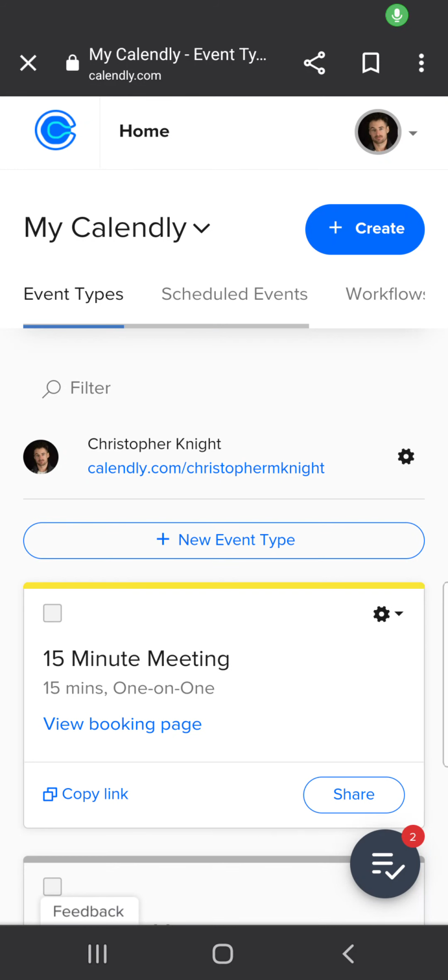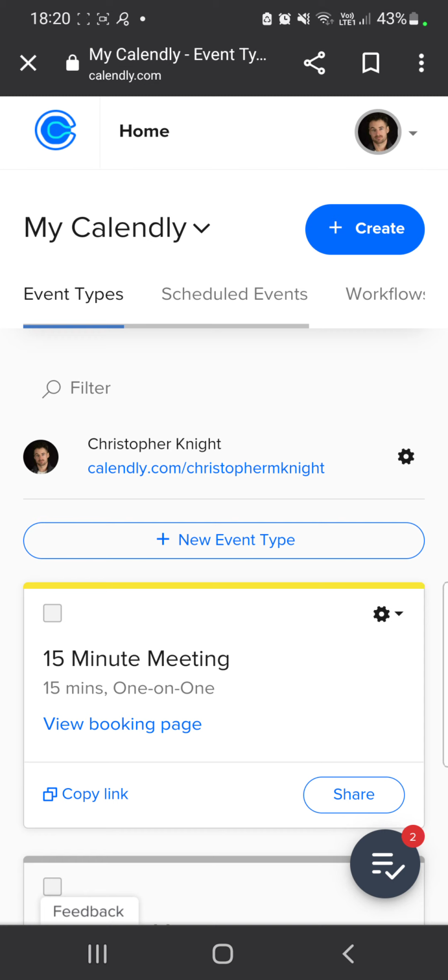Do you ever find yourself struggling to schedule appointments, meetings, or calls? With so many things going on, it can be a challenge to keep track of it all. But what if there was a simple solution that could streamline your scheduling process and save you time and headaches? Well, there is. Introducing Calendly, the leading online scheduling tool that makes it easy to book appointments and manage your